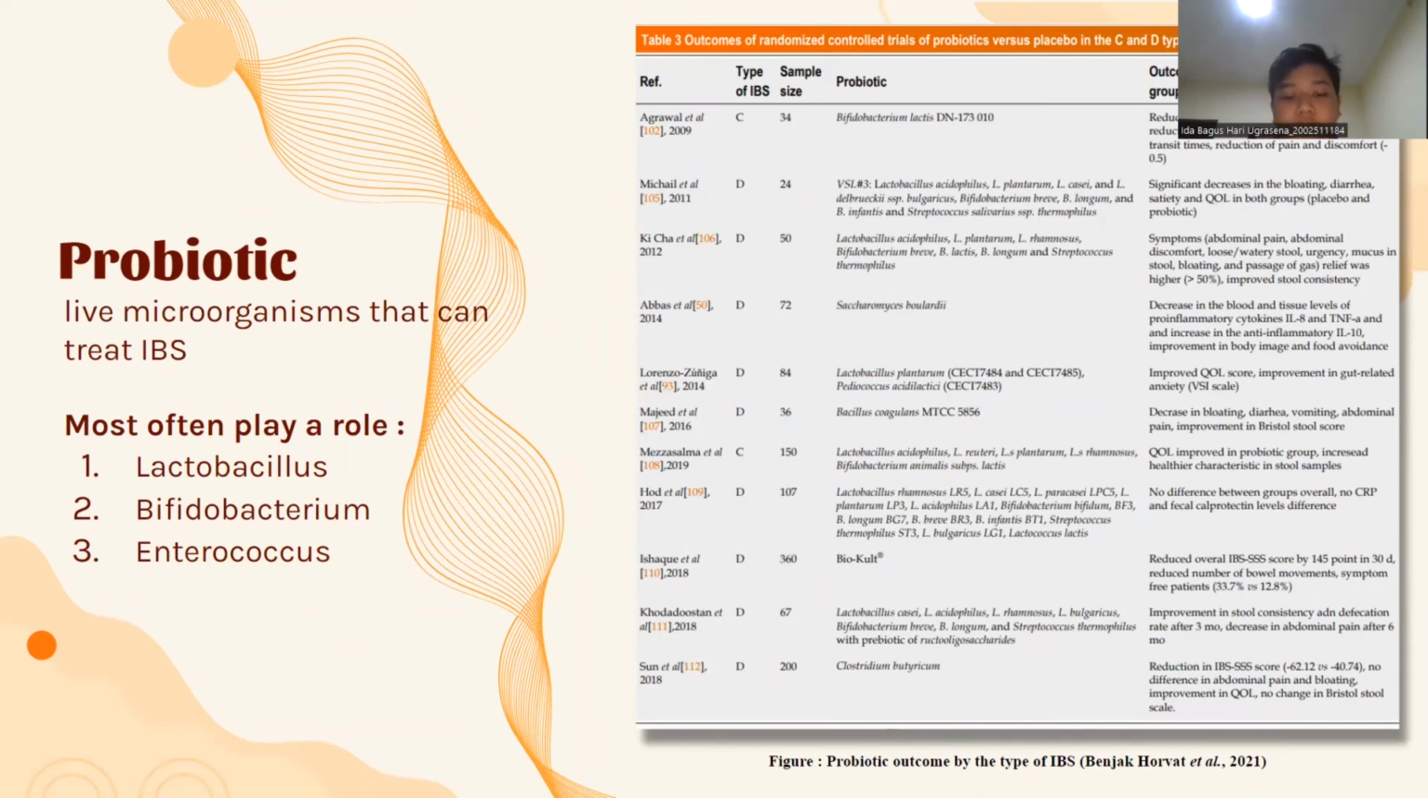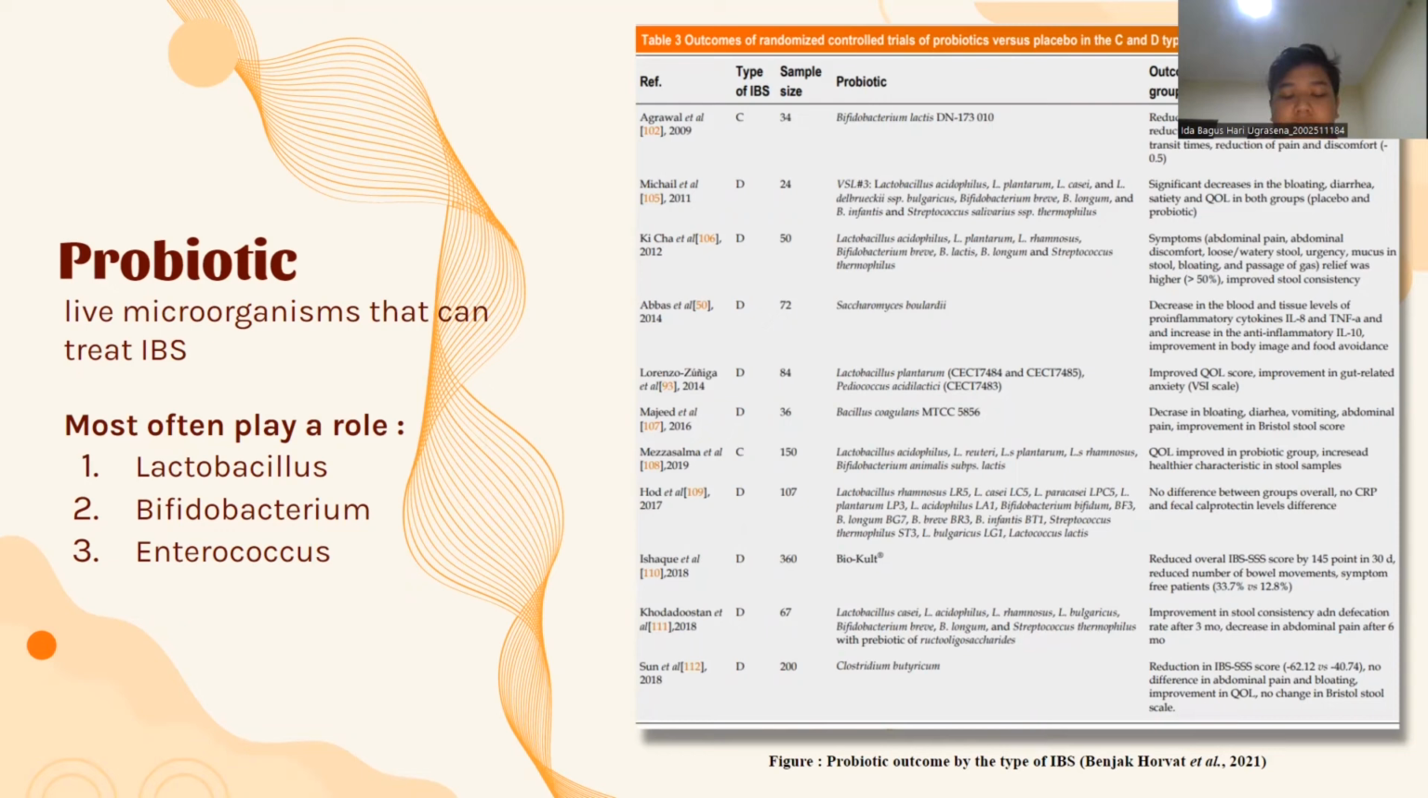So, in IBS conditions, there are treatments that can be offered to the patients. One of them is using prebiotics. Prebiotics is a living organism that can treat the IBS itself. It turns out that scientific evidence says that it is true that prebiotics have an indirect good effect on the